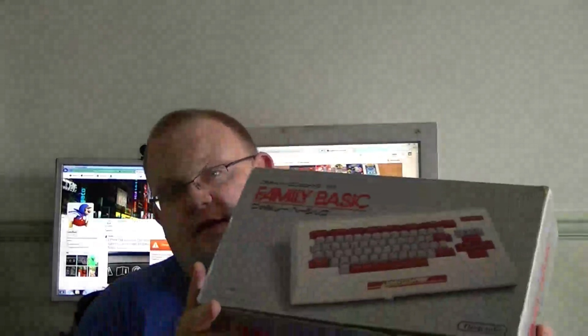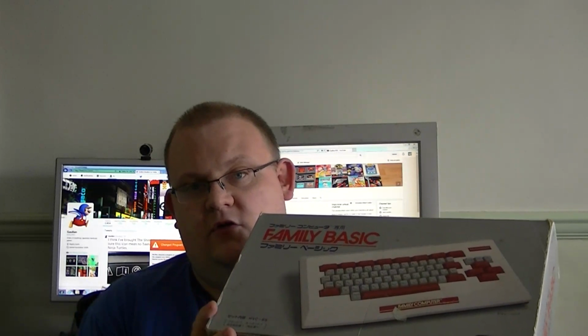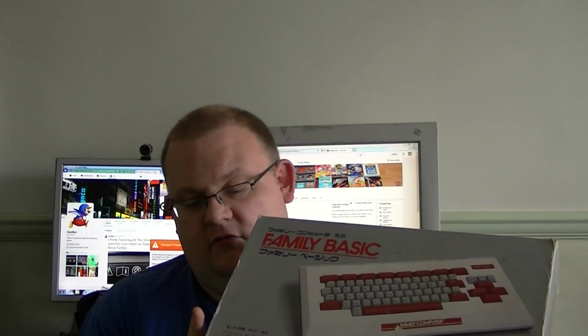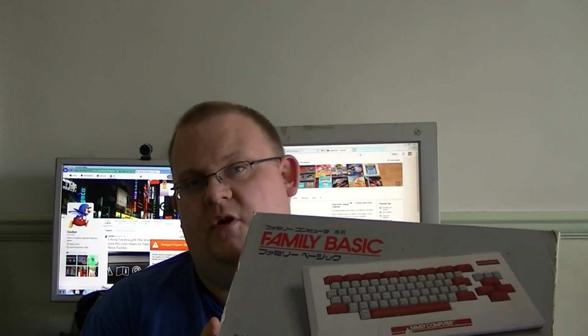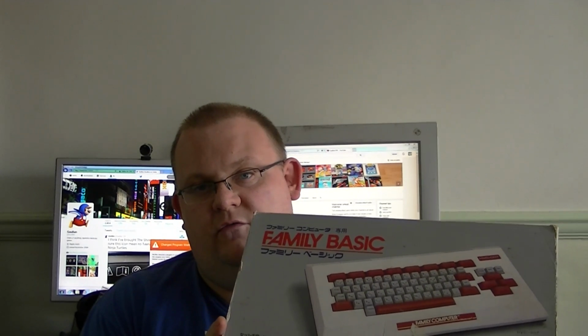The next one that doesn't work is the Family Basic. It's the Nintendo programming keyboard. You can put the cartridge into the Retron 5 and it will recognise it, but when it tries to boot up, you get a grey screen. The reason why is because the cart is looking for the keyboard, which needs to be on the Famicom extension port. If you don't know, basically the Famicom has an additional port on it, on the front on the normal